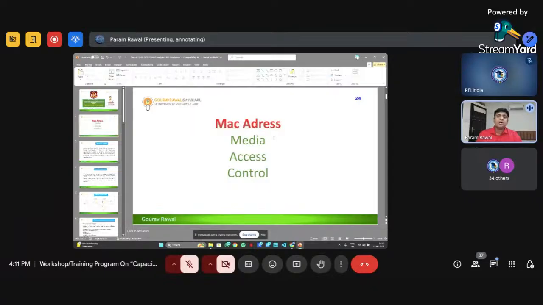It is just like an IMEI number. We know that each mobile has an IMEI number, assigned to each handset by the manufacturer.